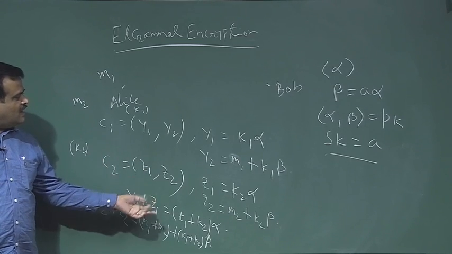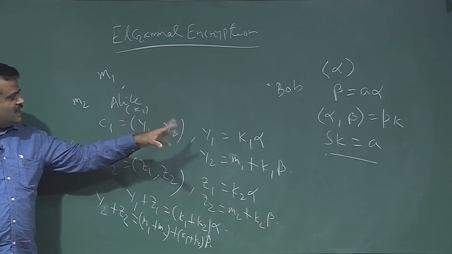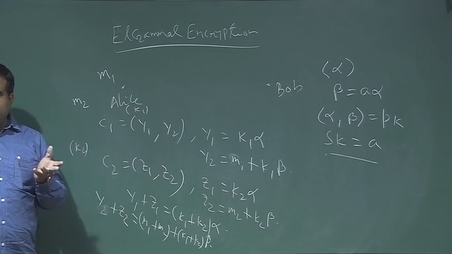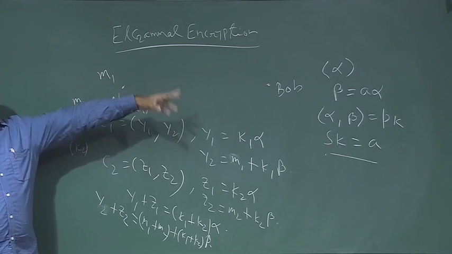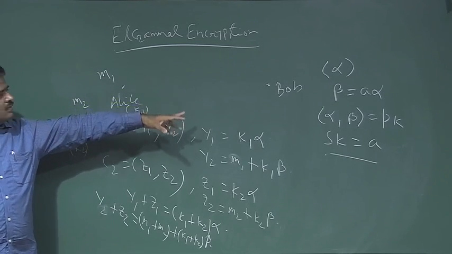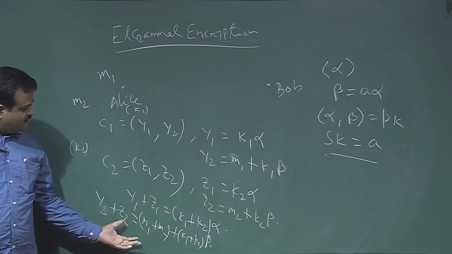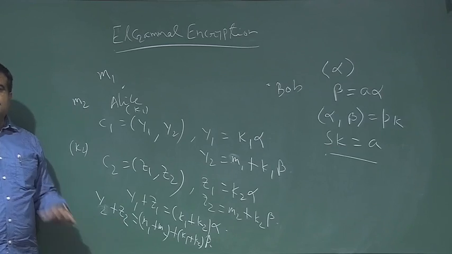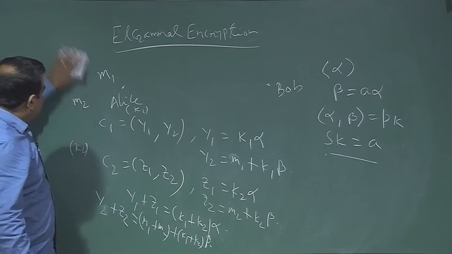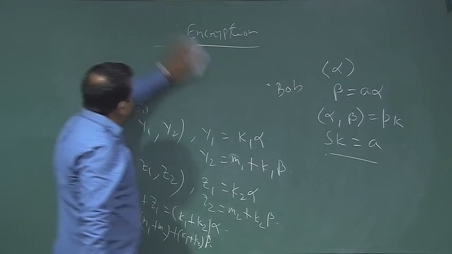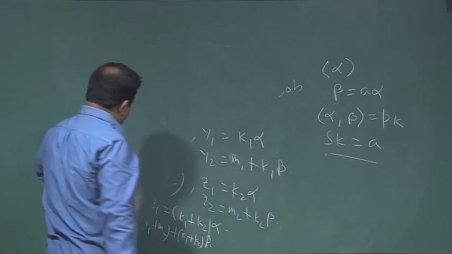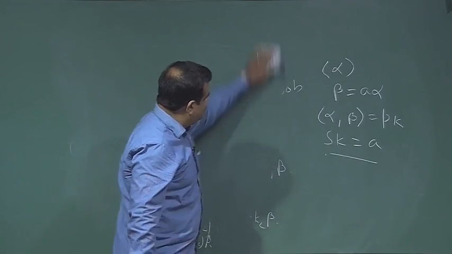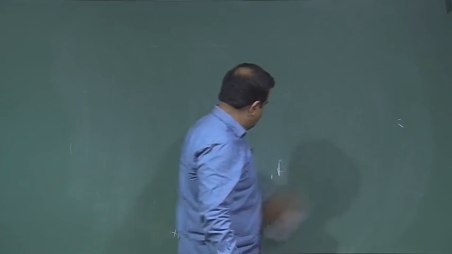So addition can be done, but if you want multiplication, maybe we have to take the multiplicative group, but that may not satisfy this eval operation. So that is why it is called partially homomorphic. Even the RSA crypto system is also partially homomorphic. It can support only multiplication, because if we look at the RSA crypto system,